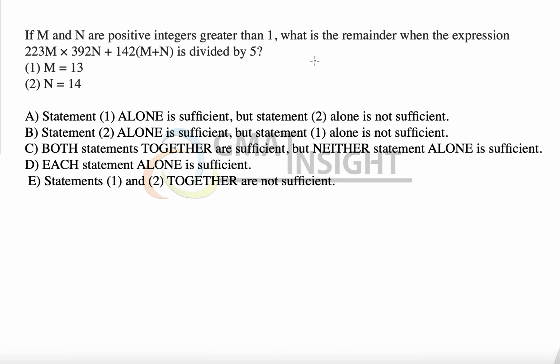For example, if I say that 37 when divided by 5, what is the remainder? Then the remainder is 2, because 7 when divided by 5, the remainder is 2. Similarly, if we say that the remainder when 297 is divided by 5, the remainder is again 2. So the only thing that matters is what is the unit digit, only when the divisor is 5 or 10 as well. So here all we have to do is just quickly find out what will be the unit digit